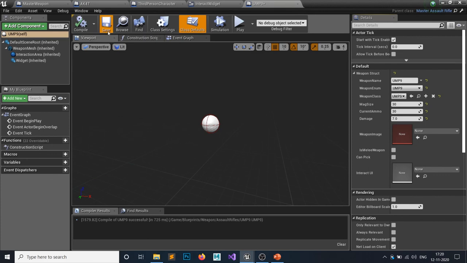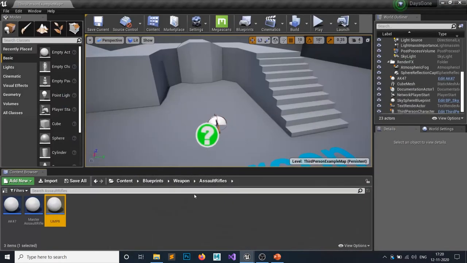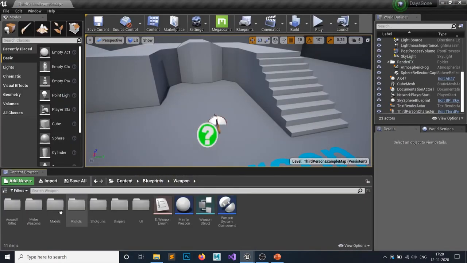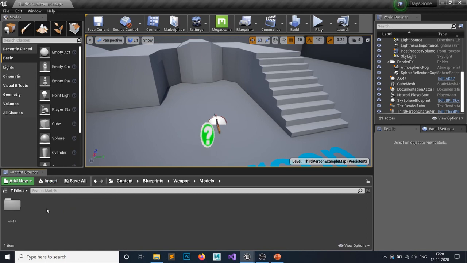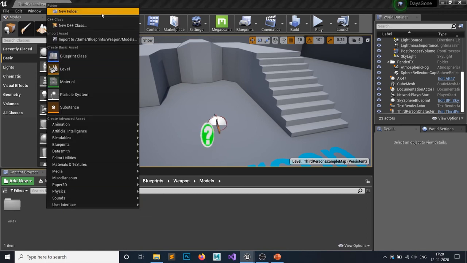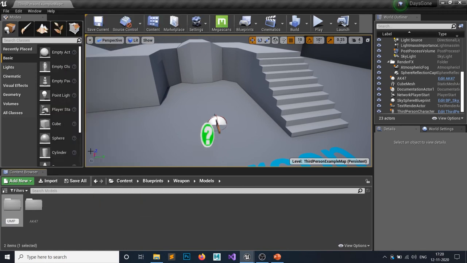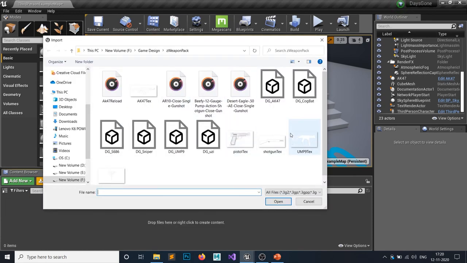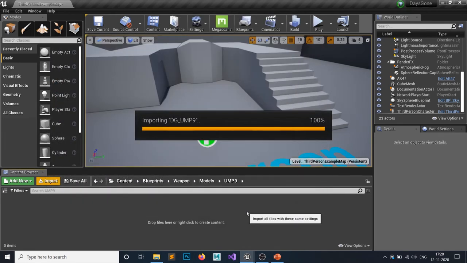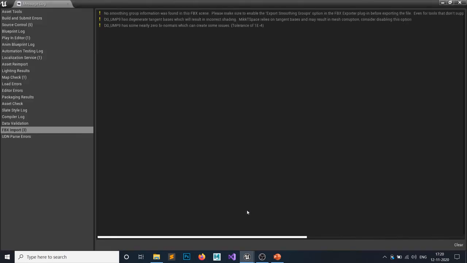Hit compile, save, and I need some more models. Let me right click and create a new folder called UMP9 and import a new model for that, DG_UMP9, this one. Let's simply import it.